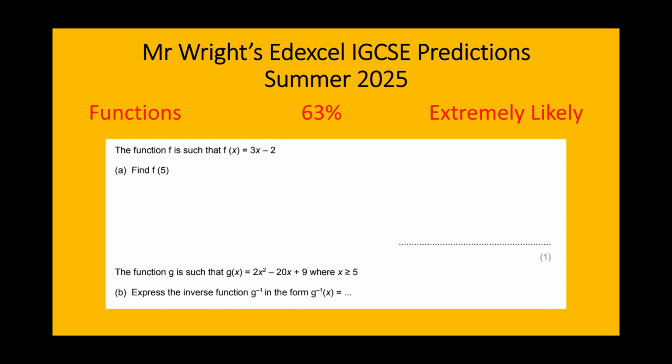And here's a harder example of a functions question. Again, most functions questions start with substituting in a value for x. But here is an example of finding the inverse function. And in that case, we're going to be completing the square, but taking out a 2 first to give us a unitary coefficient on our x squared. If you're going for a top grade, make sure you're fluent in these algebraic techniques.